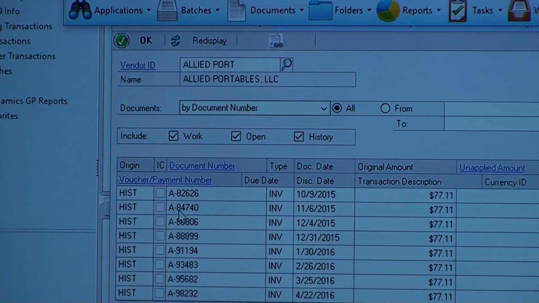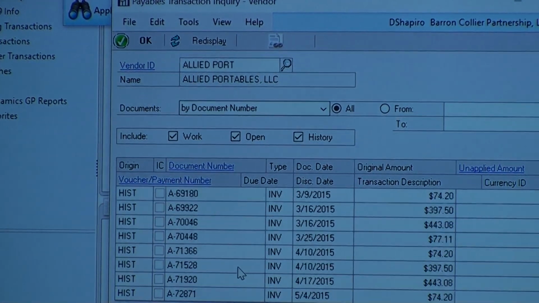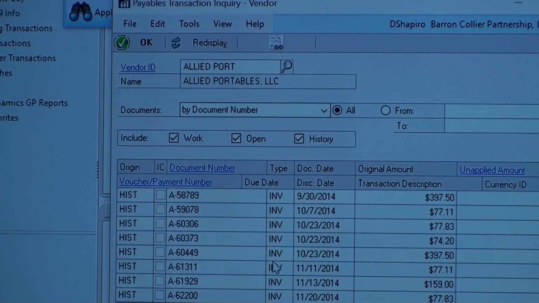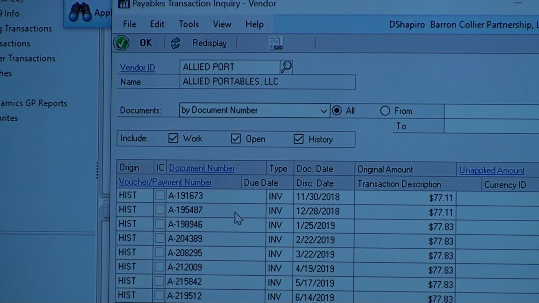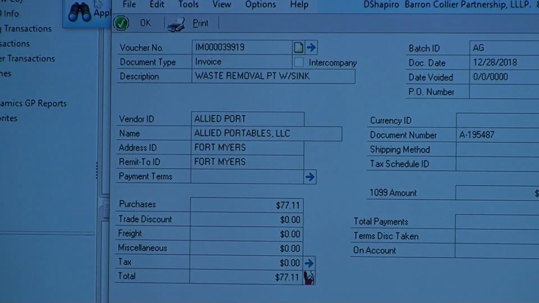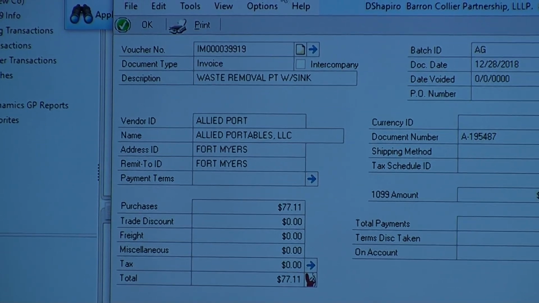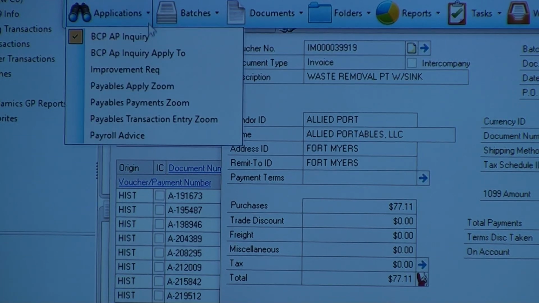So I'm going to zoom in on one of these transactions. Let's not do that because that's not here, 2015. We're going to do something that we started in 2017, 16. Oh, wait, doing the application. Yeah, no. Sure. So here's one, I'm going to do this. So I am in the Payables Transaction Entry Zoom window. Come here, look here, Payables Transaction Entry Zoom. If I've done this well, cross my fingers. If it works right,